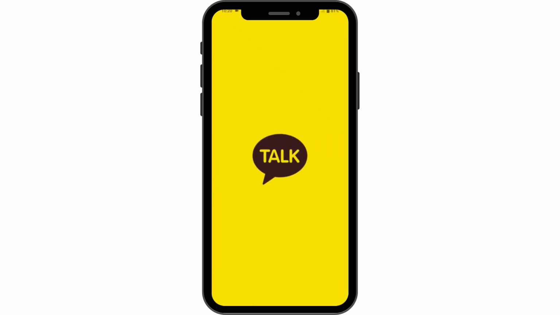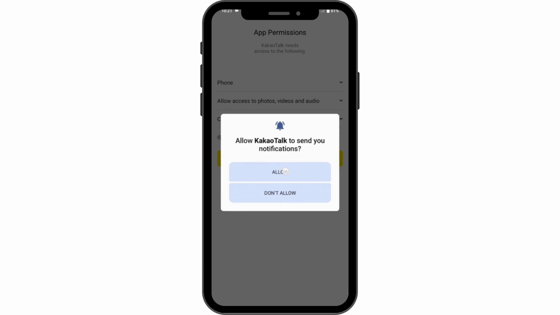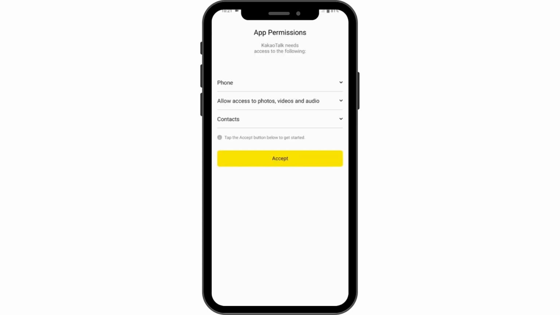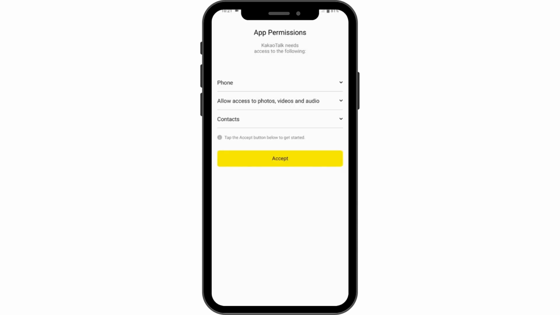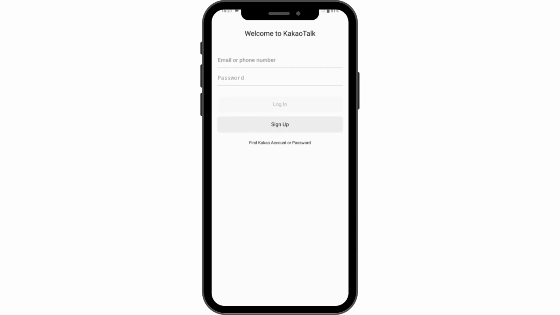Simply tap on that open and tap on allow, and then you can simply tap on accept by accepting the app permissions, and then allow. And from here you can sign up or you can log into your account. So that's it. That's how you download and that's how you use your